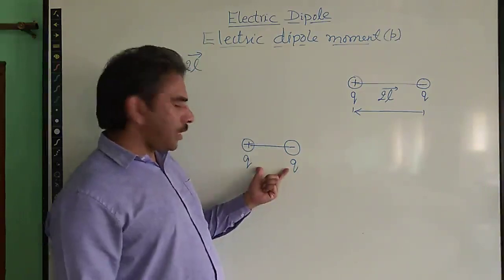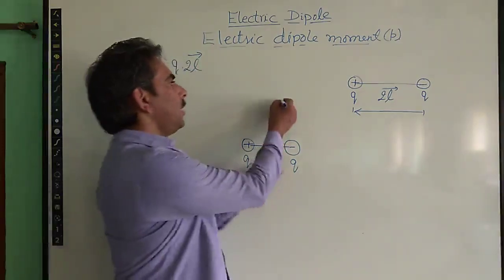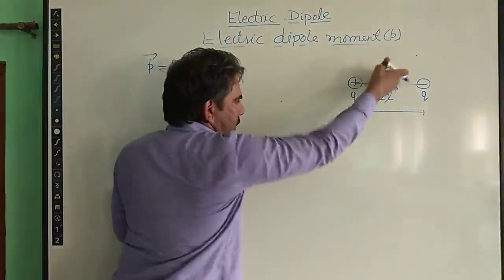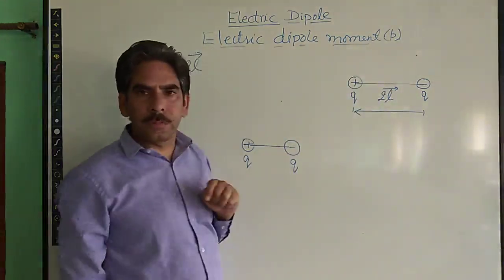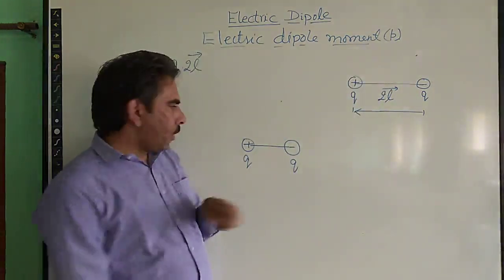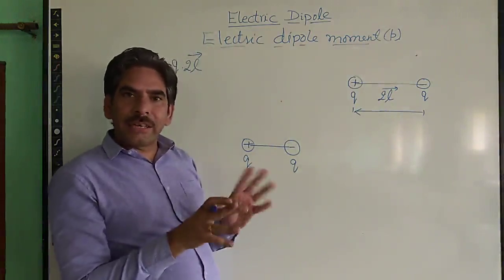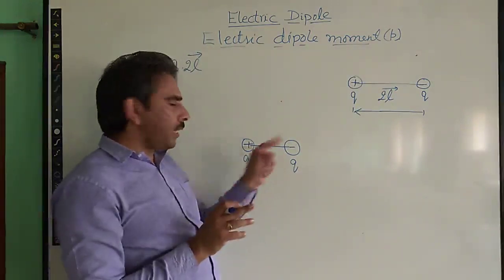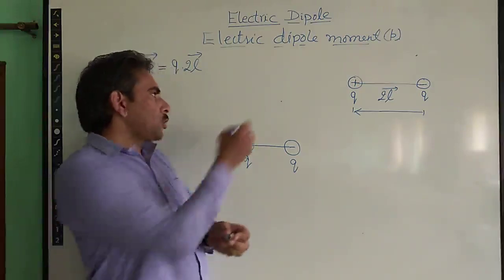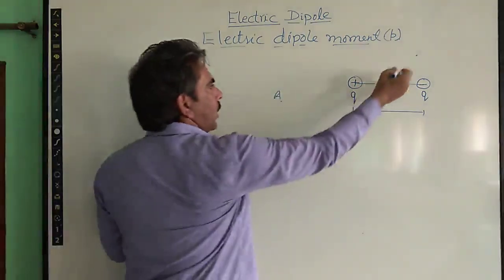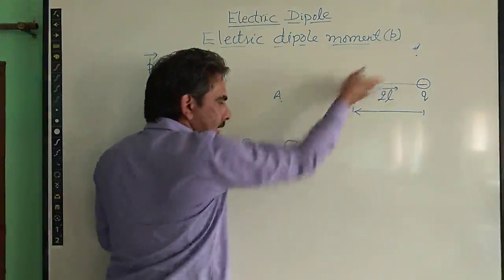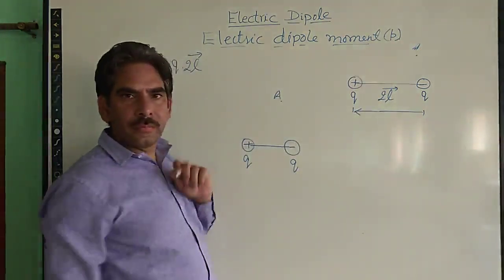So this will have a different impact at any point which is at the same distance from here and from this dipole, right? Because the distance between the two charges is reduced, they will behave in a slightly different manner. They will have different properties at this point of observation A, which is at the same distance as the earlier one, right?